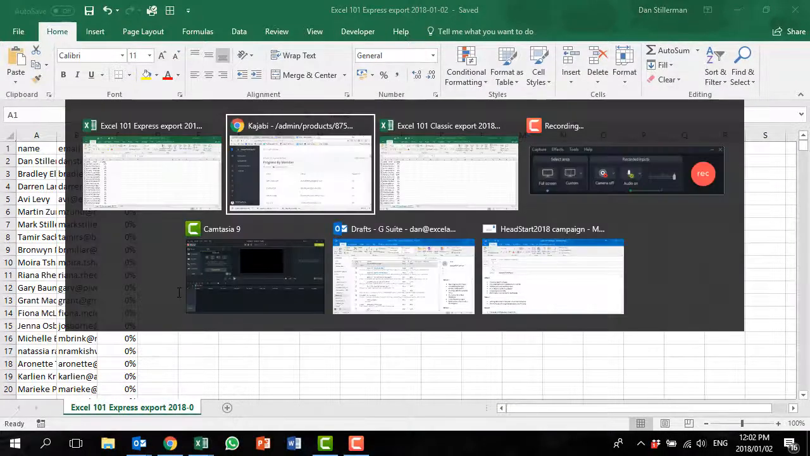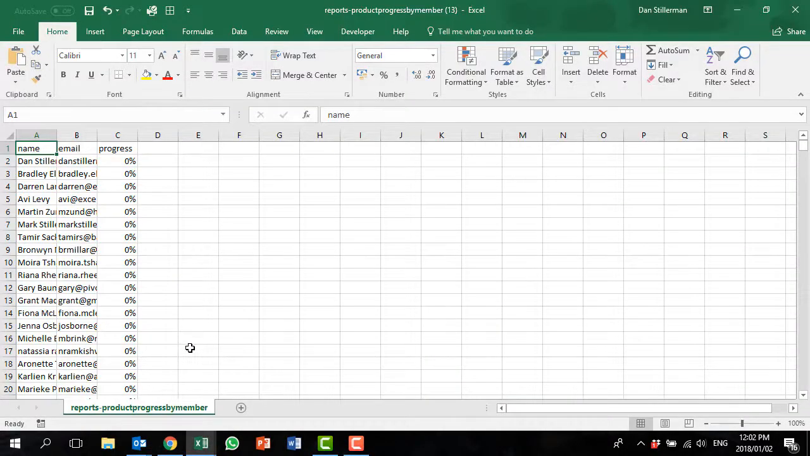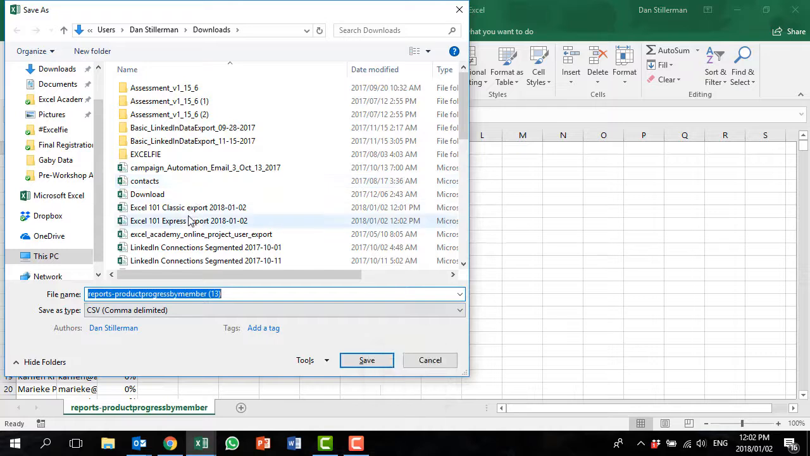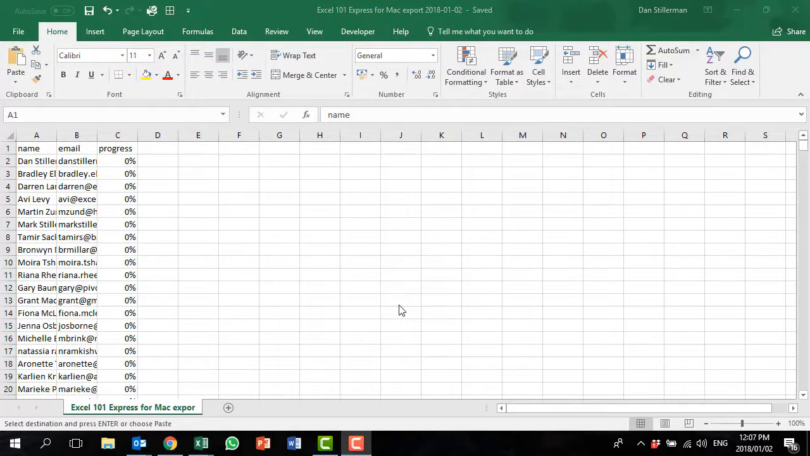Okay, and then I'll go back here and I do the final one. And this one I'm going to press F12 and I'm going to call it Express for Mac export. Okay, save it. Now I actually want to consolidate all this data from the 3 different spreadsheets, put them all into one